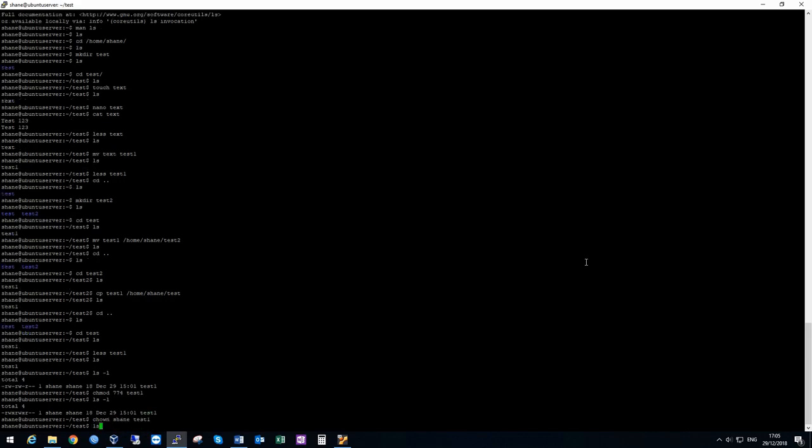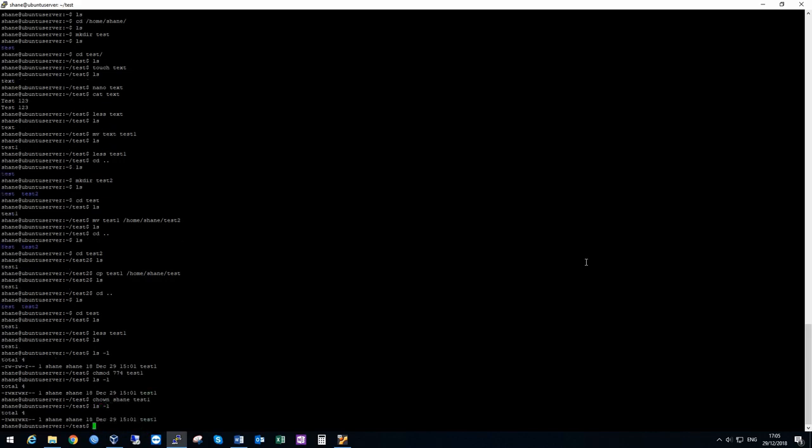But obviously I'm already the owner as I created this document. If you are not the owner and you want to do this, you'll probably have to use the sudo command, which is the super user do, before running it, and then it'll prompt you for the administrative password if you're not an administrator on the system. So the 12th command that we'll be going over is the rm command, which is the remove command, essentially the